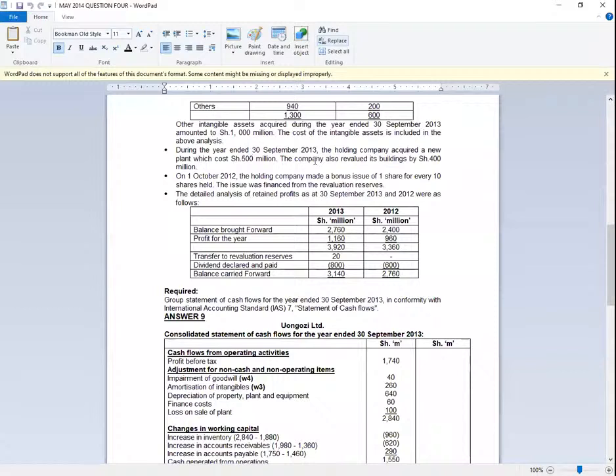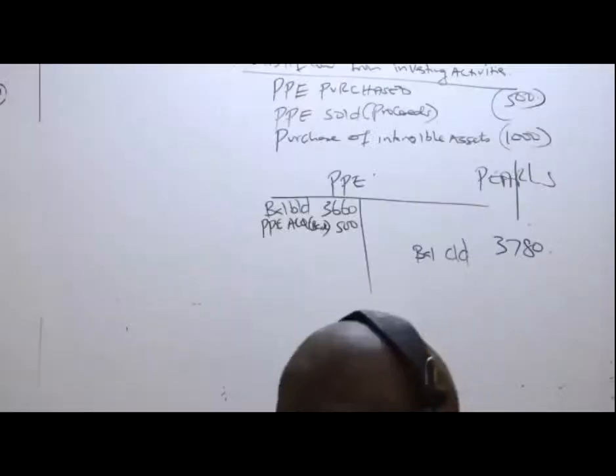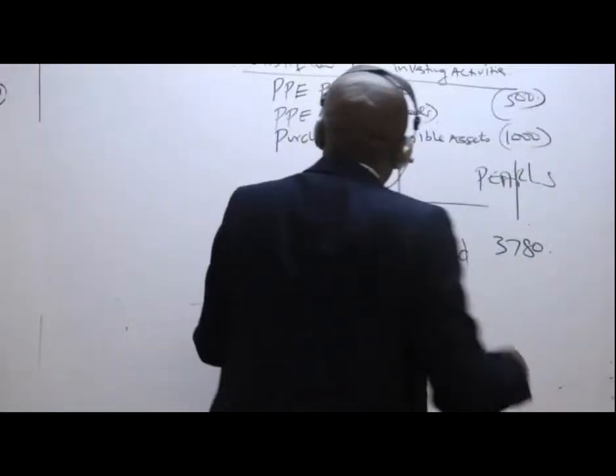So they're telling us here that the company also revalued its buildings by 400 million. They never told us whether it was revalued downwards or upwards. You are financial reporters. Whenever they tell you that the revaluation was 400 and they're silent, it's only prudent for you to assume that the revaluation is upward. And whenever our assets increase, what do we do? We debit. So revaluation